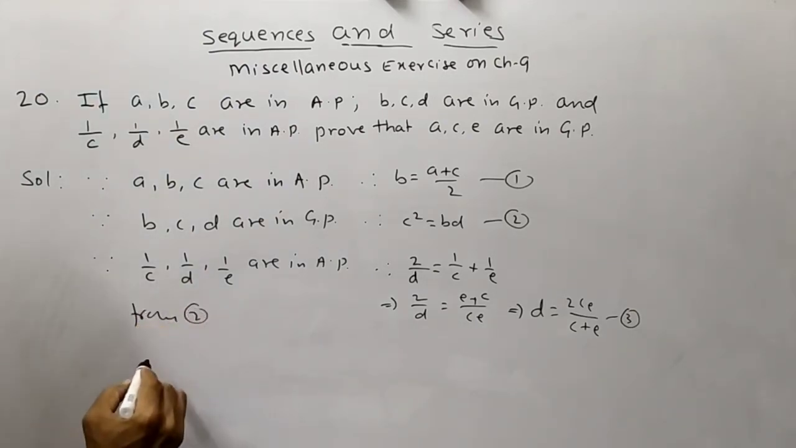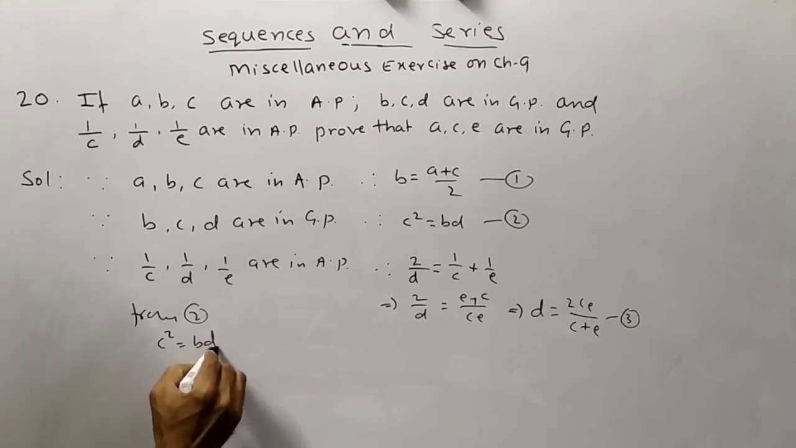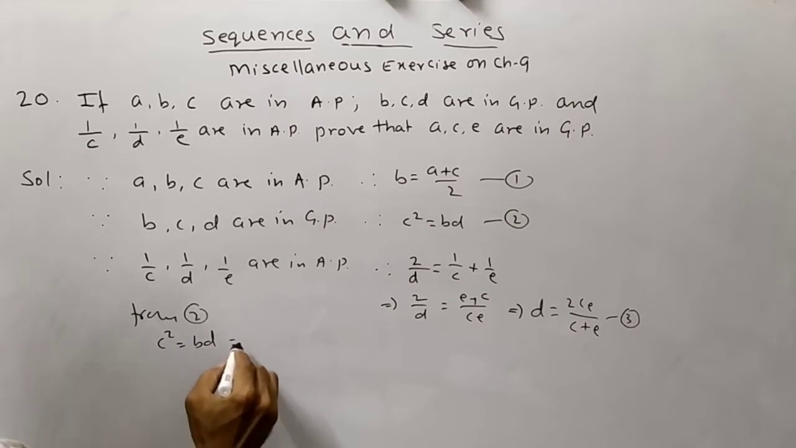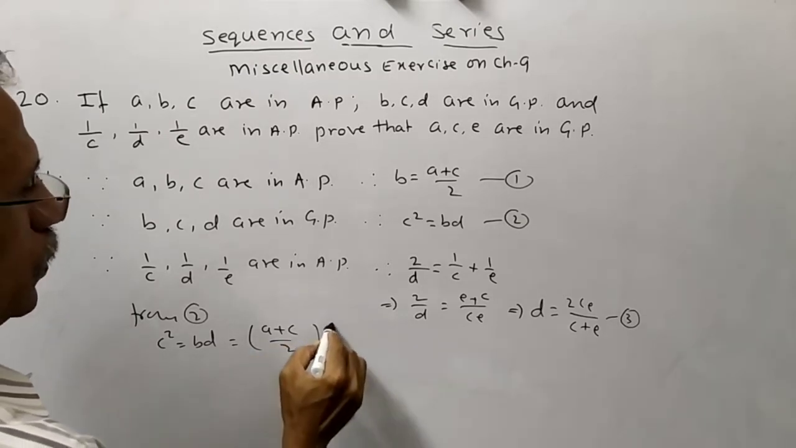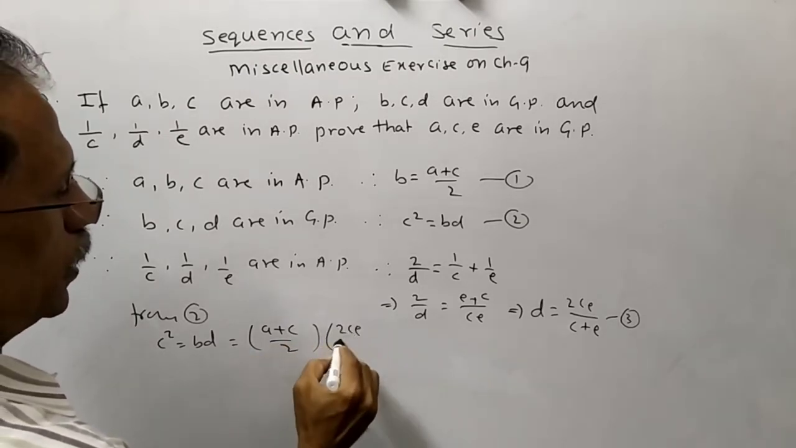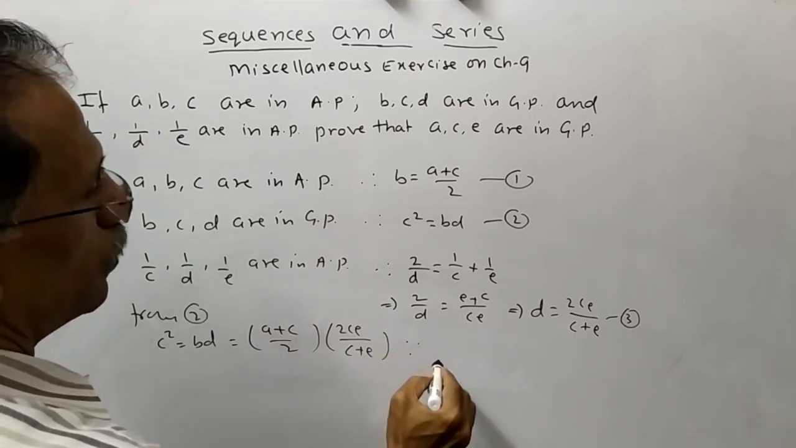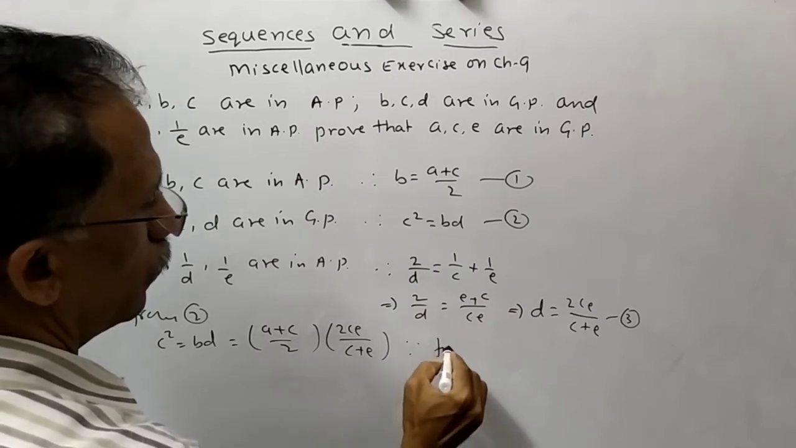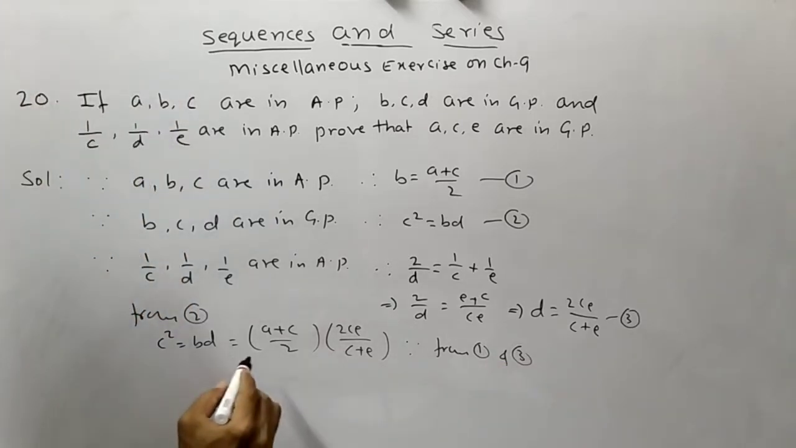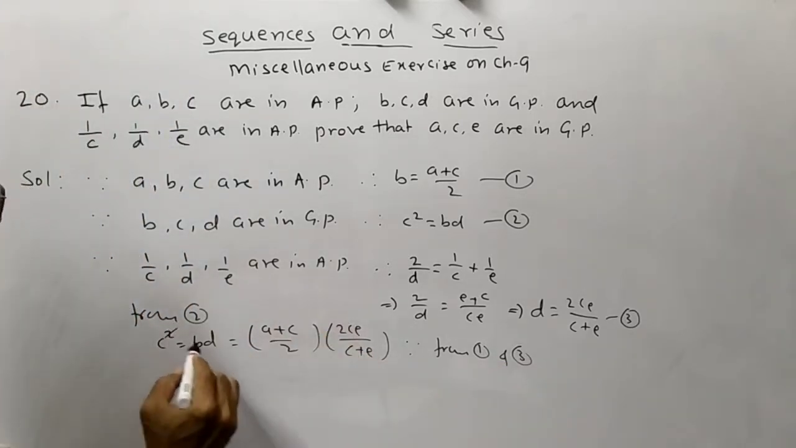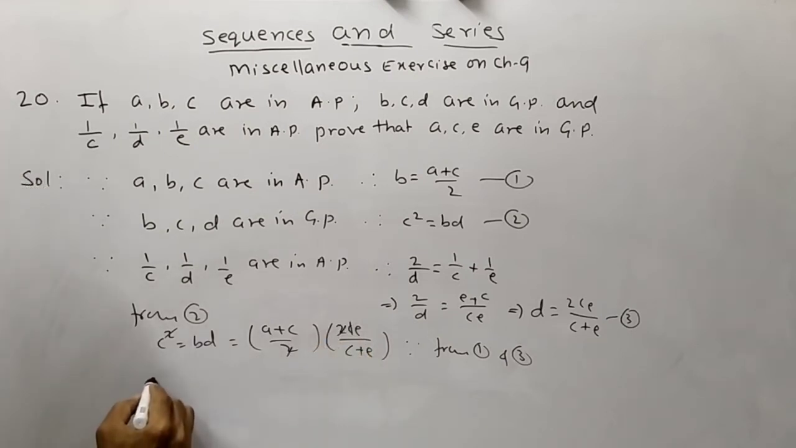From 2, C square is equal to BD is equal to A plus C divided by 2 into 2C divided by C plus E. So we can substitute the values of B and D from 1 and 3. 1C we can cancel with the right hand C, 2 and 2 we can cancel. This implies